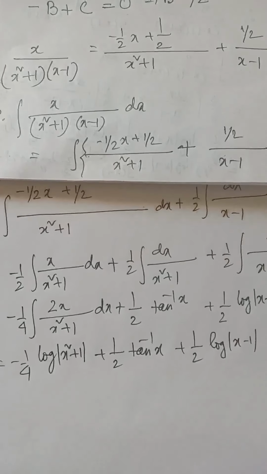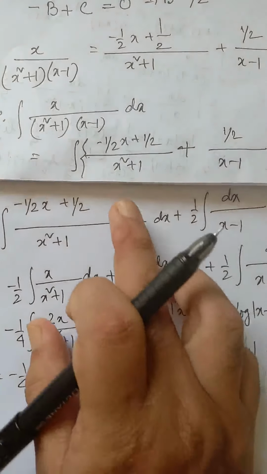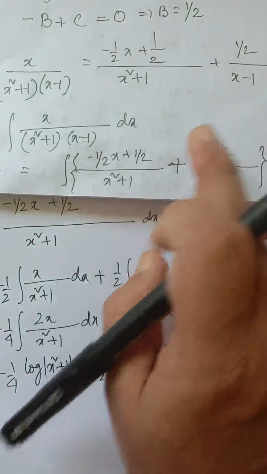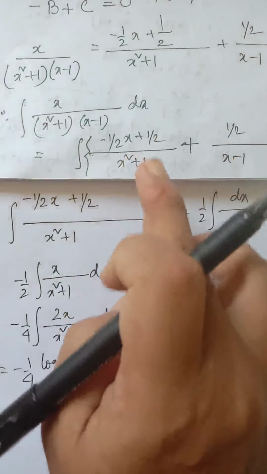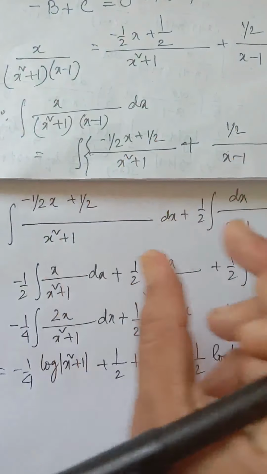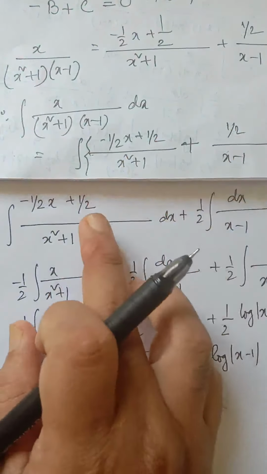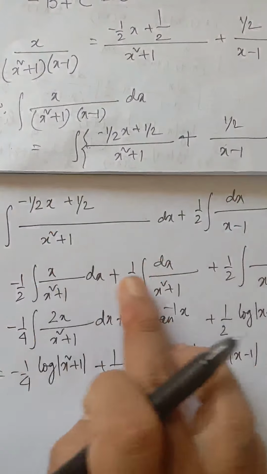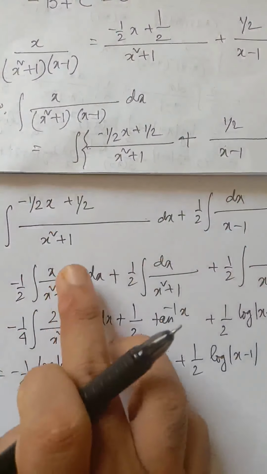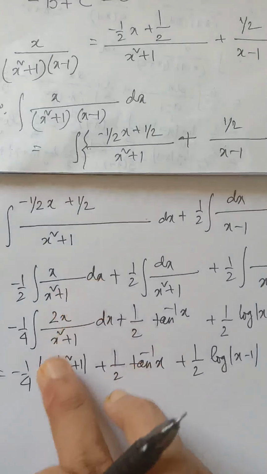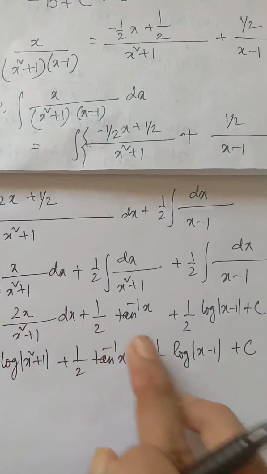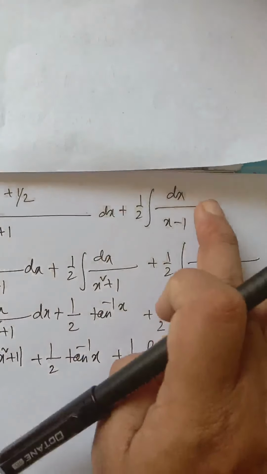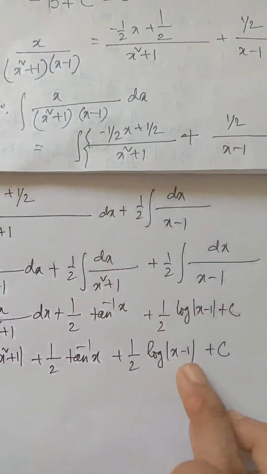So for a given fraction, if it is a proper rational fraction, we have to resolve it into partial fractions like this, and then integrate the partial fractions we obtained. You can see I have separated the integrals, and each part can be expressed in the form f dash x by fx, which becomes log of fx. This is half tan inverse of x, and this is also of the 1 by x form, so log of x. This way we can integrate.